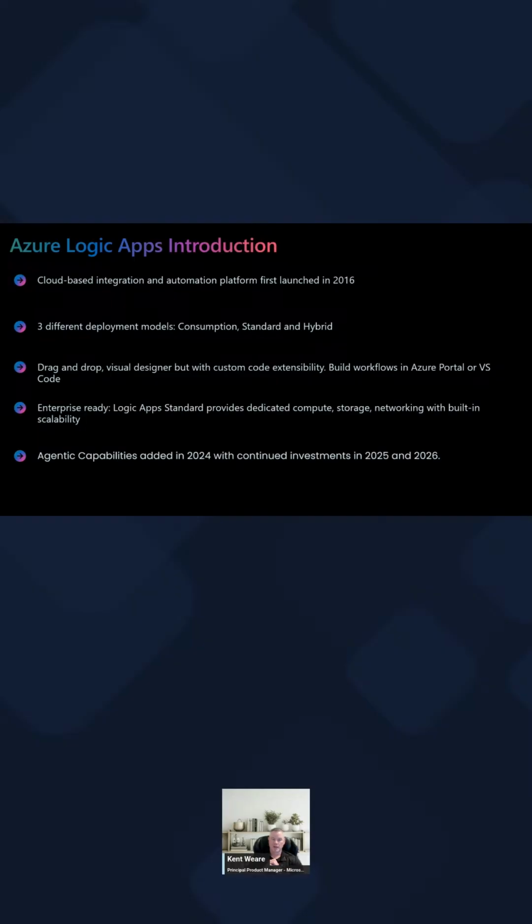but what's different about Logic Apps Standard is that it is what we call single tenancy. And this provides you with dedicated compute, dedicated storage, networking, and you have the ability to scale. So you can set your scaling parameters and scale your infrastructure out, and scale it up as needed, really giving you that control that you may want as an enterprise in order to manage your automations or your integrations.